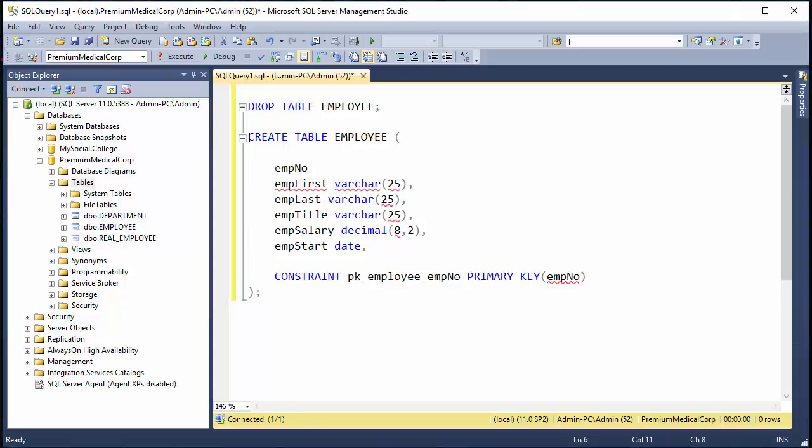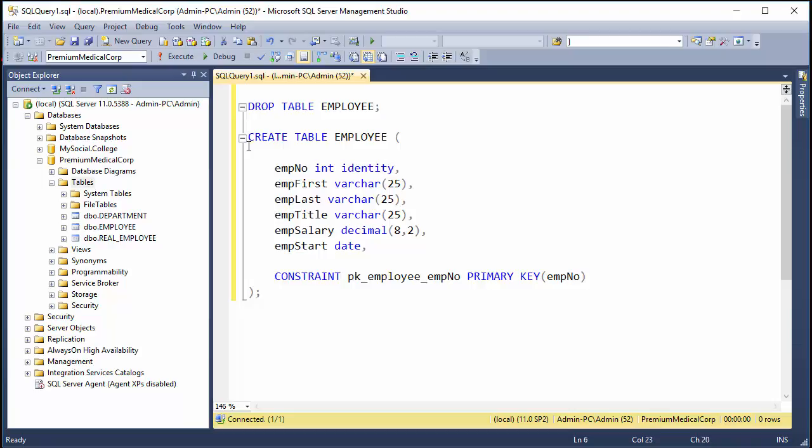So we're going to go back, we're going to call it employee number again, or empno again, EMPNO, and we're going to make it an integer field this time, because our identity specification requires an integer type for us to be able to add that incrementing number to it, because that is an integer output. So we're going to set this as an identity